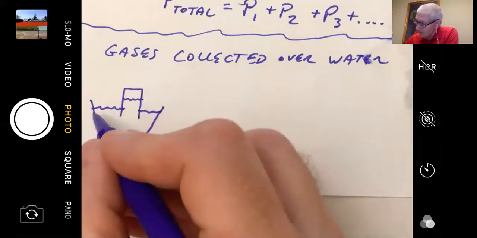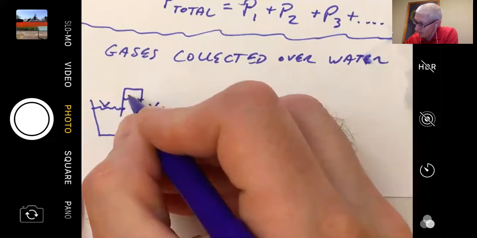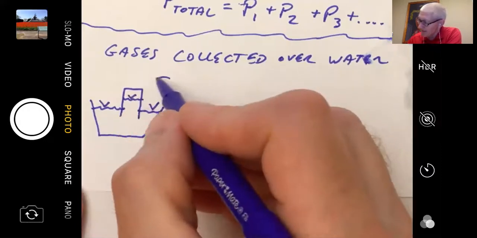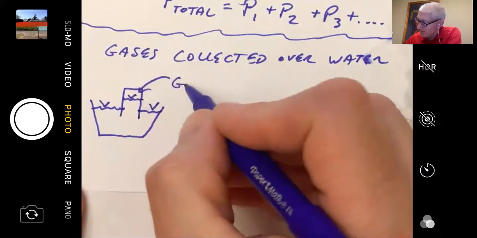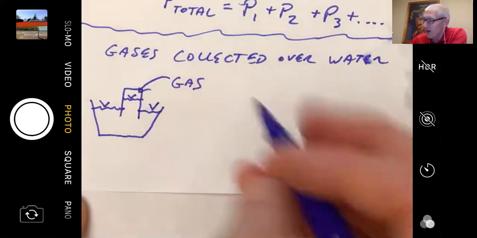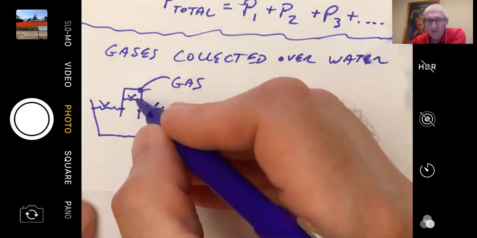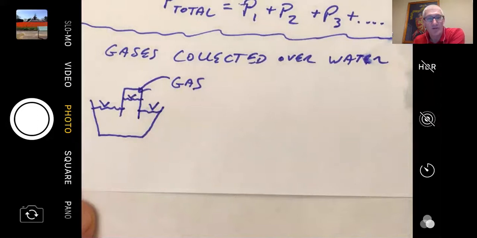So the water level is right here, water level is right here, and the water level is right here. So inside of this is gas. And what it's actually is a combination, all right? This gas is going to have a little bit of water vapor in there